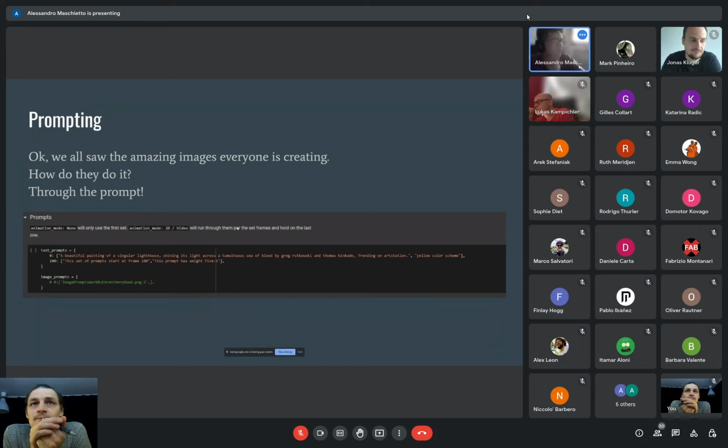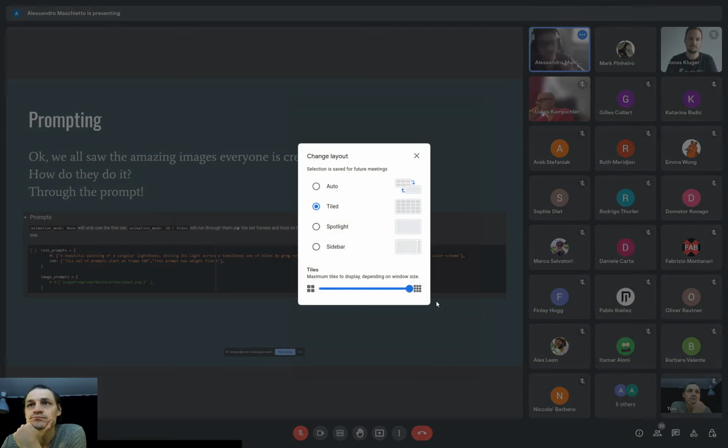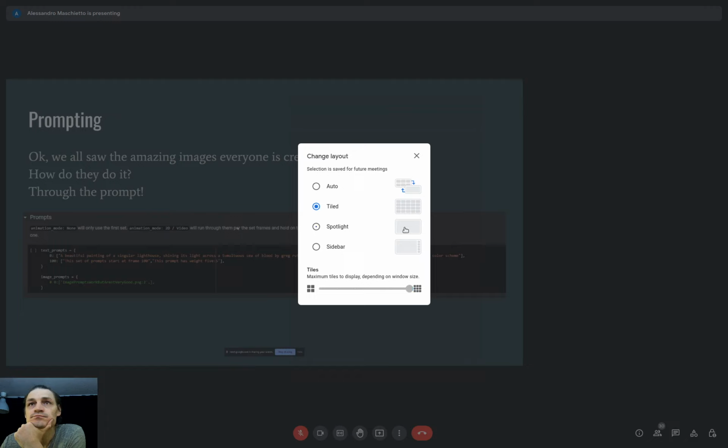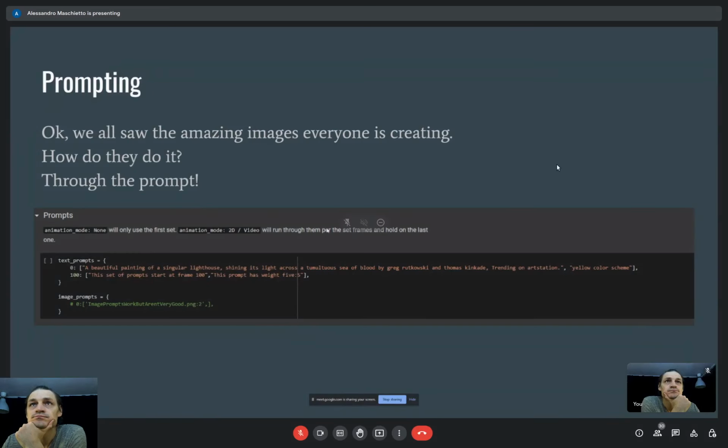The prompt can be organized in several ways. It could be linear, or it could be separated by arguments. You give a general structure of the 5 W's, for example: who, where, what, when, and how.